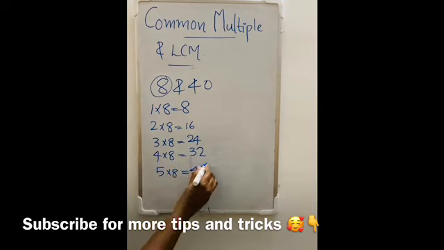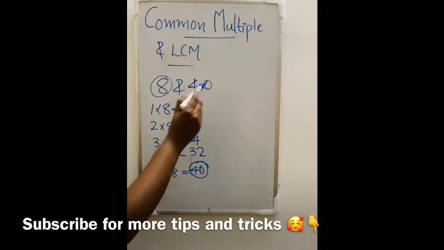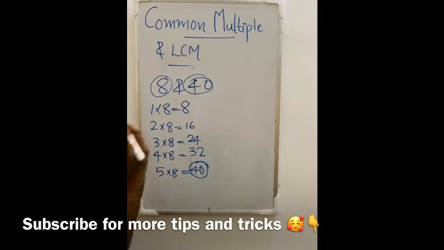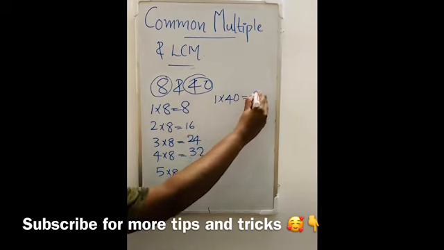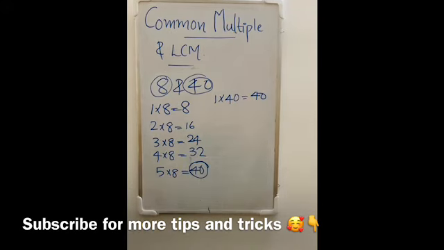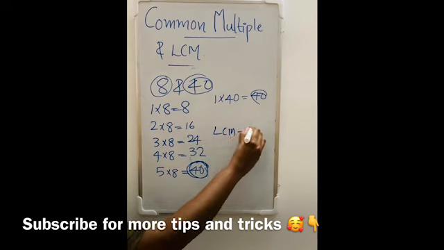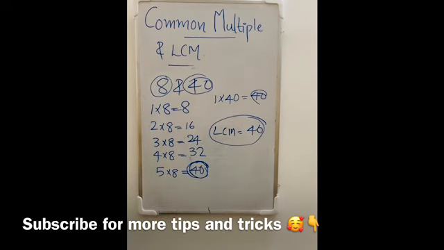So just look here, we got 40, right? So our second number is 40, right? So if you write the multiplication table of 40, the first one will be 1 into 40 is equal to 40, right? So this will be the first multiple. So the first common multiple is 40 here, right? And it will be the least one, or the smallest common multiple. So let's write here the LCM is 40. Got it? So just list the multiples and find the least common, or the smallest common multiple. That will be your LCM, okay?